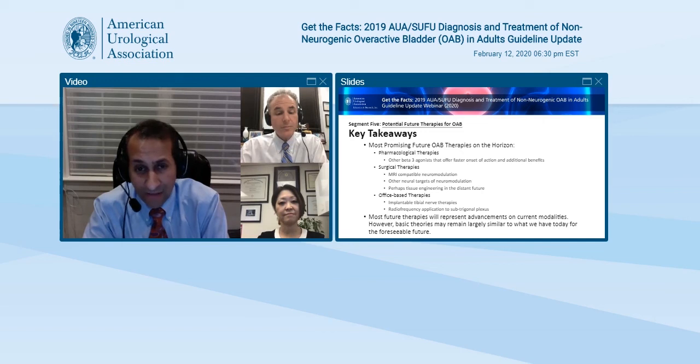We have to reassess every one of our guidelines. It's done with all of the AUA guidelines periodically to make sure they're current and pertinent to what today's day and age has in terms of practice. So we have to reevaluate these things, and no question in the same overactive bladder space, we will repeat the same assessment in the future.